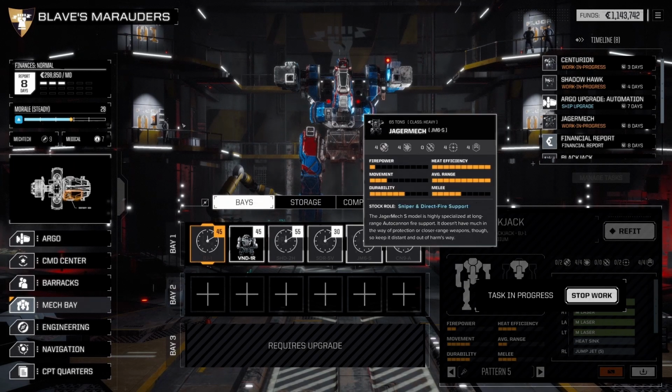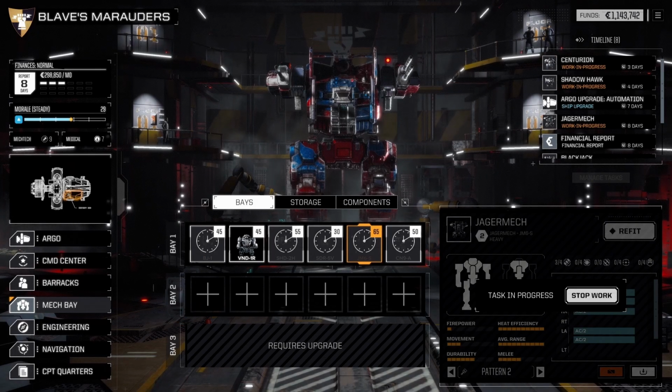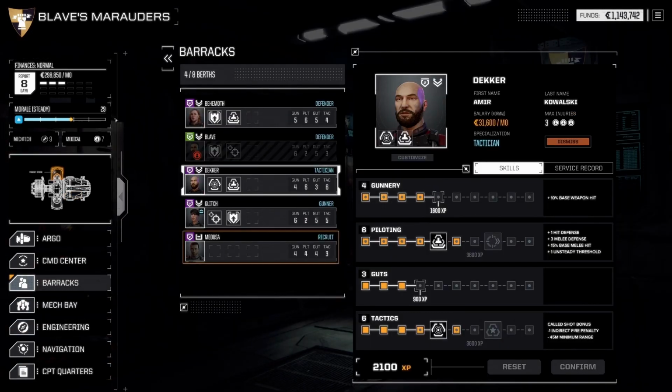Now moving on to the Jaeger mech, I stripped off one of the AC2s and both of the medium lasers, because we were trying to keep this guy back at range. We weren't really bringing him in very much, so we weren't using those lasers very often. I replaced one of those AC2s with an AC5. Once again, the AC5s don't have the range that the AC2s have, but they're still pretty long range weapons. I brought down the armor just a hair, and even though the overall firepower is decreased since we got rid of those lasers, the effective firepower